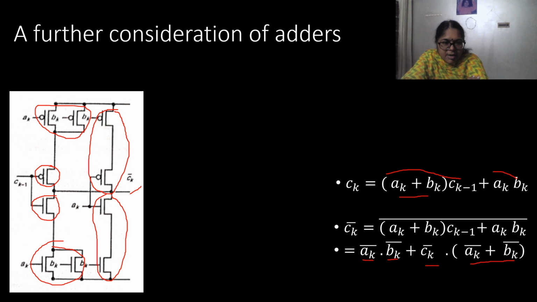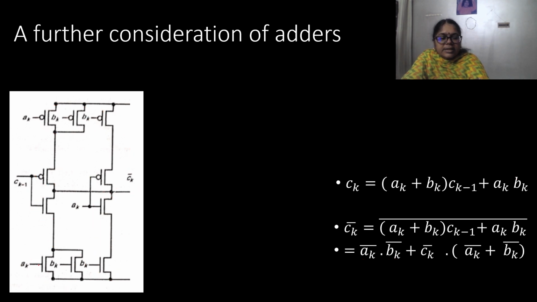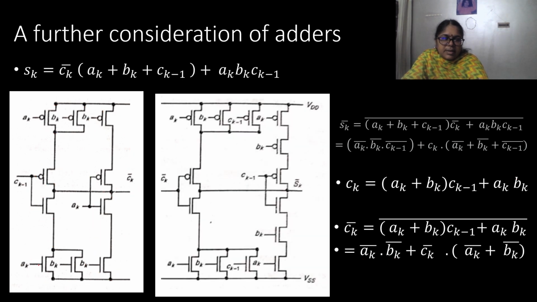But we can also design the PMOS part of the circuit in this fashion by taking the complement of the signal which we have to generate, and accordingly what we can see here is that if we have the term A bar, it implies A has to be given to the gate of the PMOS transistor. Now similarly, we can actually draw the circuitry for the sum as well.